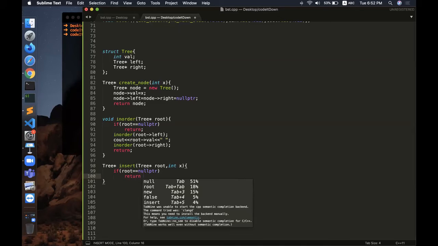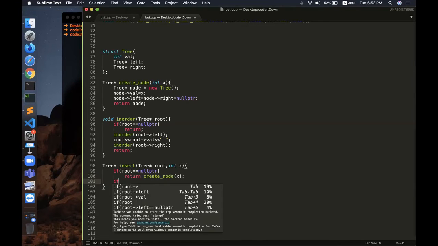Like you saw in the example, when I was inserting 40, I inserted 40 in the right subtree of 30. Initially there was no right subtree in 30, right? 30 had left child and right child both equal to null. So I recursively called for the right subtree, and since it was null, I got the idea that this is where I want to create my new node. So in that case, I'll simply create a new node and return it.